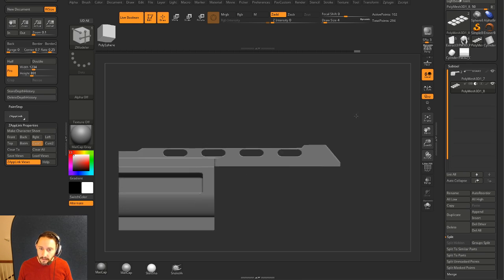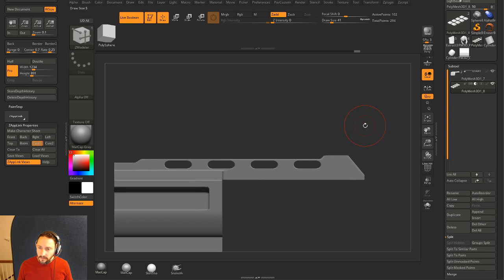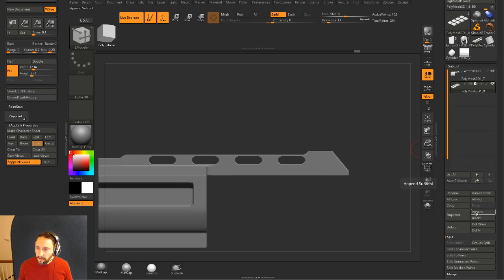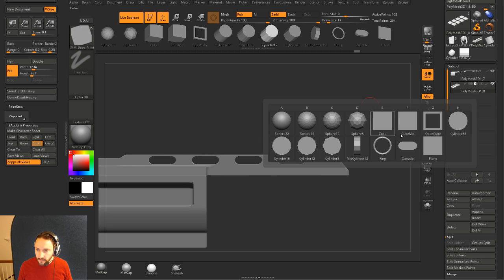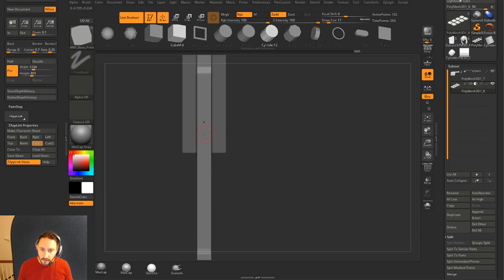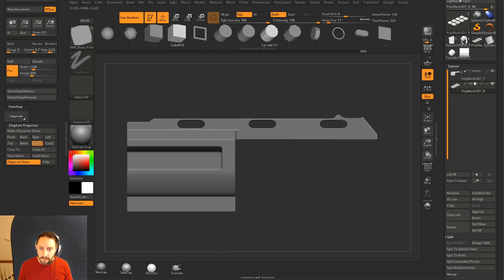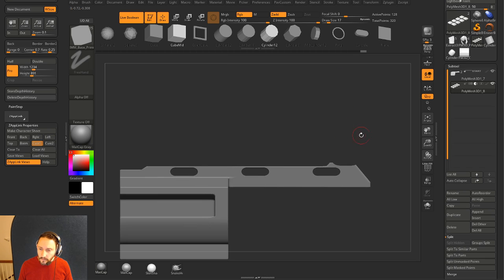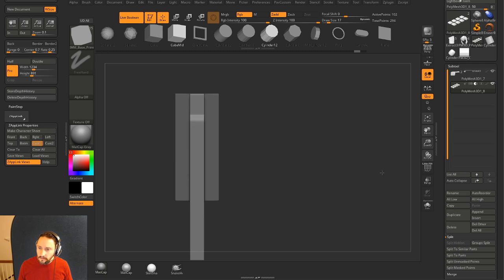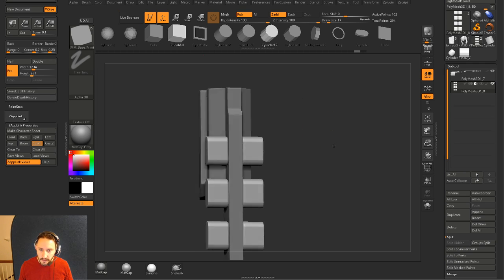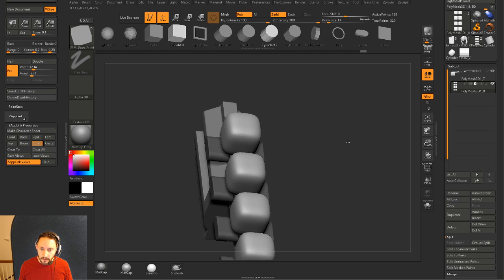So you could use this to just carve out shapes. If I go in here, and this is a subtractive mesh, right? If I go to brush, insert primitive, and we just insert a cube on this object here, it's going to look like nothing's happening. Oh, maybe it does. Let's turn off live Boolean so we can see what we're doing. So if I go in here and I insert a cube,